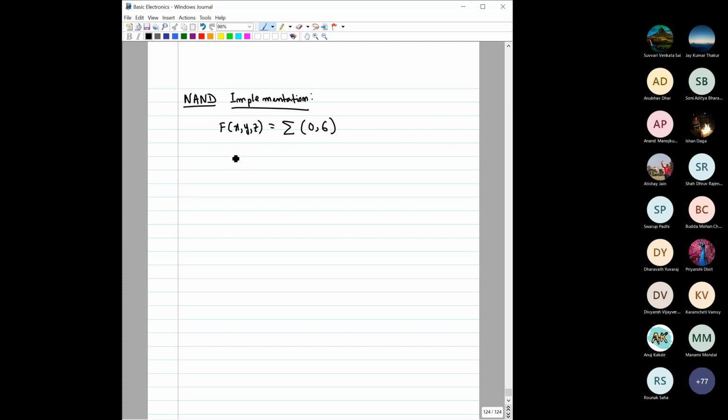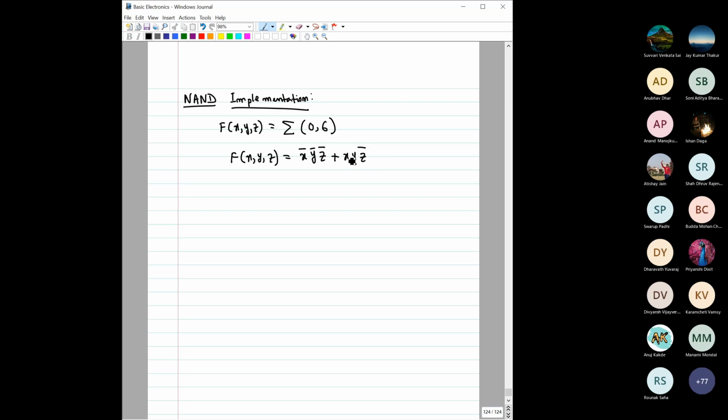Right. So then can you quickly tell me what will be the terms if I want to write this in terms of x, y, and z? x complement, y complement, z complement. Very good. Plus x, y, z complement. Very good. Okay. So suppose you have been given this function,